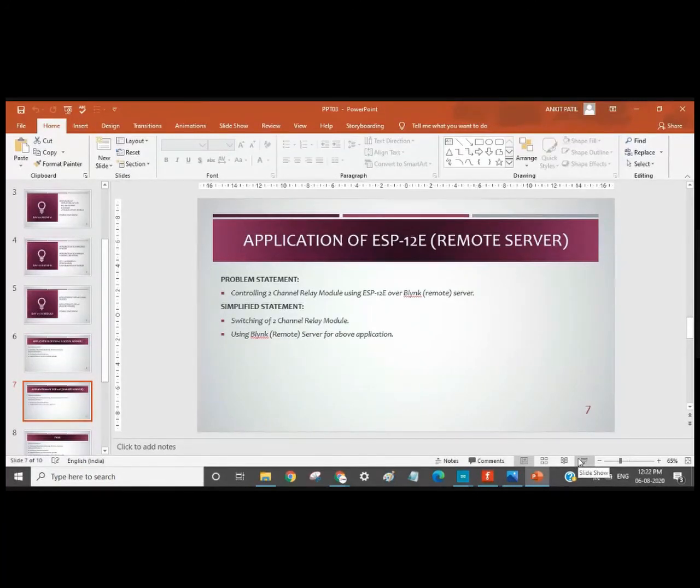Okay, Anjan is asking, could you explain that logic part again? See, earlier as I showed, the relay which we are using is a reverse logic relay. It has opposite logic. For high it is off and for low it is on. So what I was telling is, for high it is off, and for low it is on, that is, low means 0.